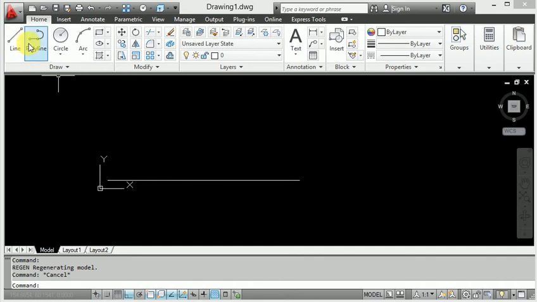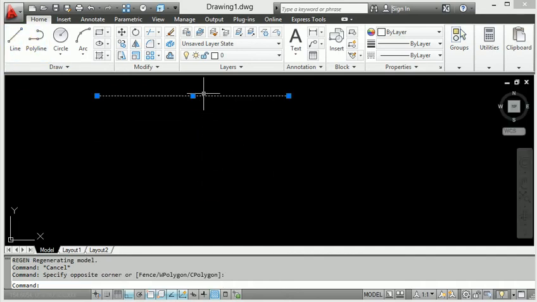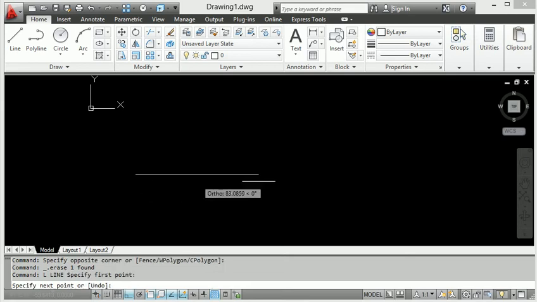I remove this line first, and then select the line command directly. How? When I use the shortcut key, I press L, which means line, and then press enter. So the line command is applied here.